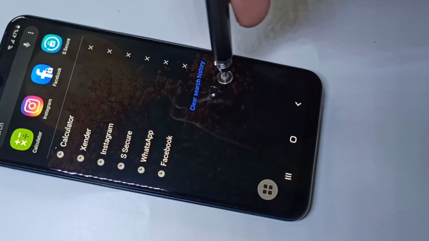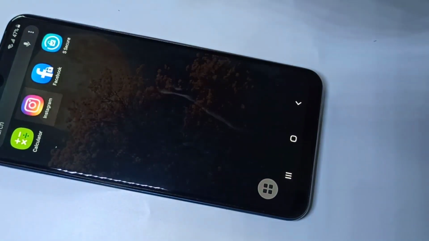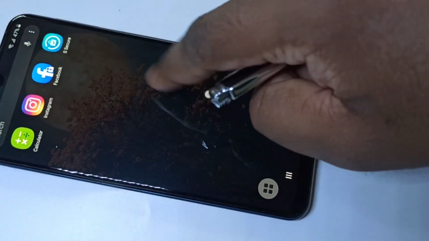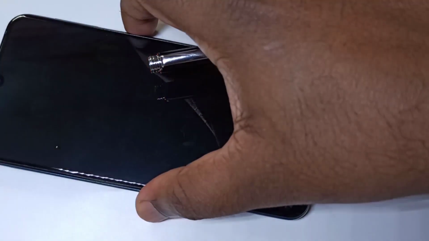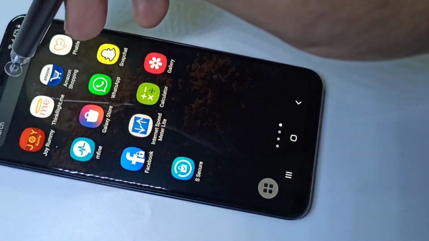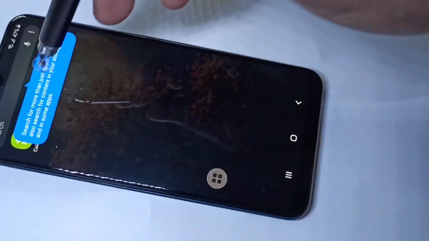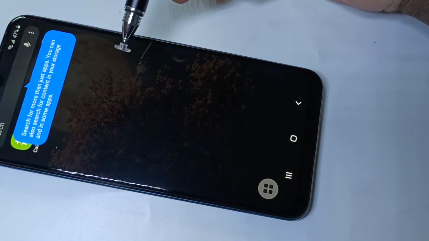The icon is still there. See, we cannot open it, but it's still showing the icon. Let me turn the screen off, then on, then check. So now Instagram is not there. So that is why they are saying you have to turn the screen off and on, then only